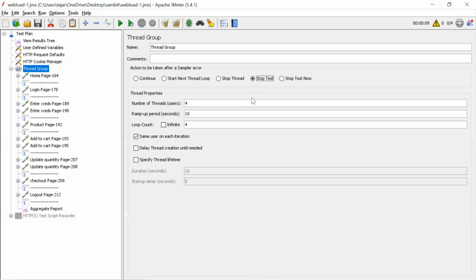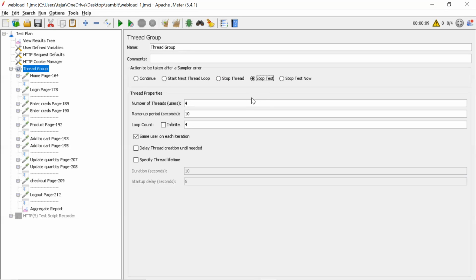It's like in LoadRunner, the user goes into a fail or stop state from the action. If there are 10 users in the system and one user fails, the other 9 users will still work in the system. That is stop thread.